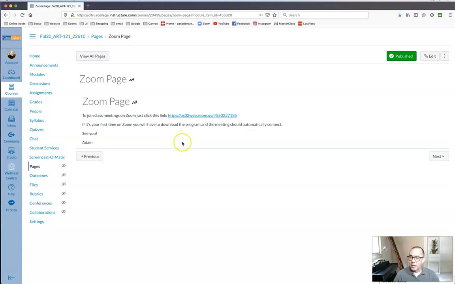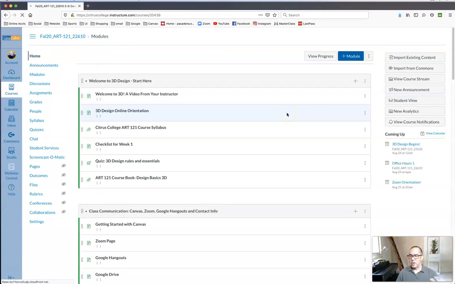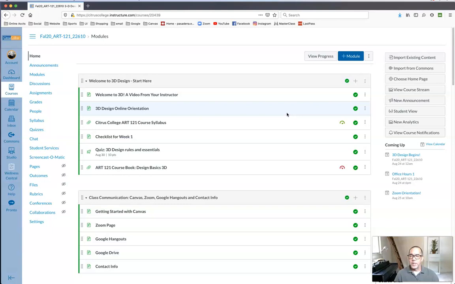The thing about these classes, and I know some of you are aware of this, is that they're supposed to be run, and they will be run, in an asynchronous format. What that means is that I can't require you to be all in one spot at one time, and if you're not, lower your attendance or whatever. That's not how the class works. But I would like you all to come to the class meetings for a couple of reasons. One is that I'd like to see you all, and it helps me gauge where you're at,